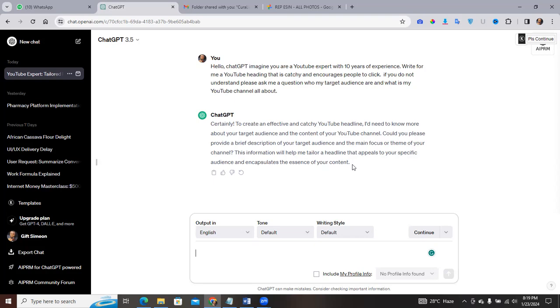Because I asked ChatGPT to ask me a question if it does not understand. If I didn't put in this instruction to ask me a question, it would have just gone ahead and generated random answers for me. So if I were you, all I would need to do is answer all of these questions and then type. But because of our time, I don't want to go into that. You can try all of these tricks by yourself, okay? So what you need to do is